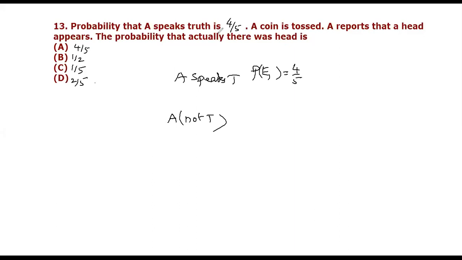The probability that A speaks the truth is 4 by 5. Then a coin is tossed, and A reports that a head appears. Find the probability that there was actually a head. A speaks the truth with probability 4 by 5, and does not speak the truth with probability 1 minus this, which is equal to 1 minus